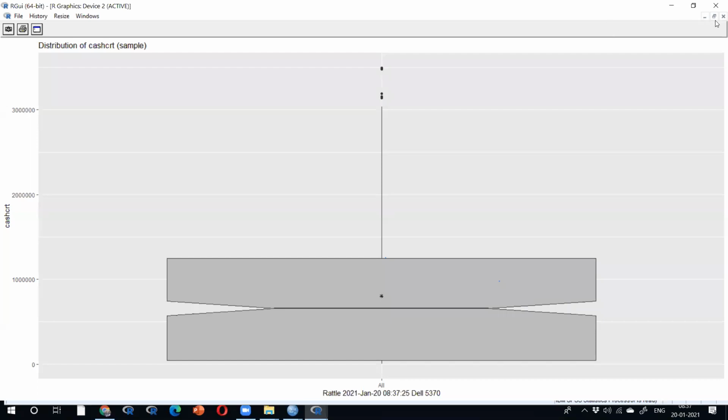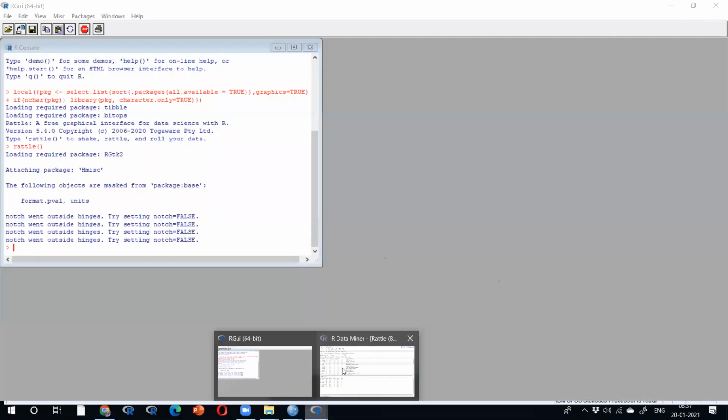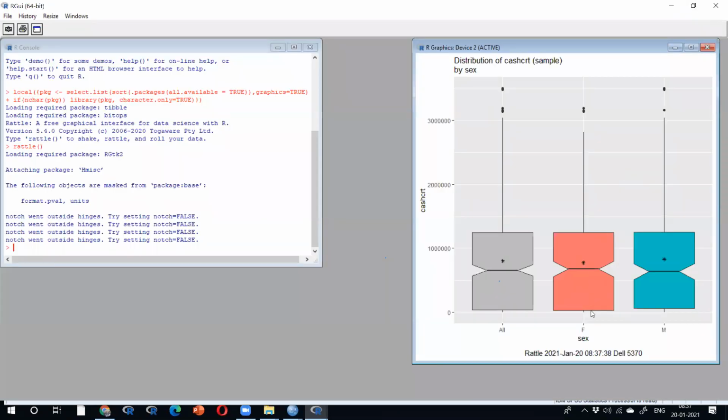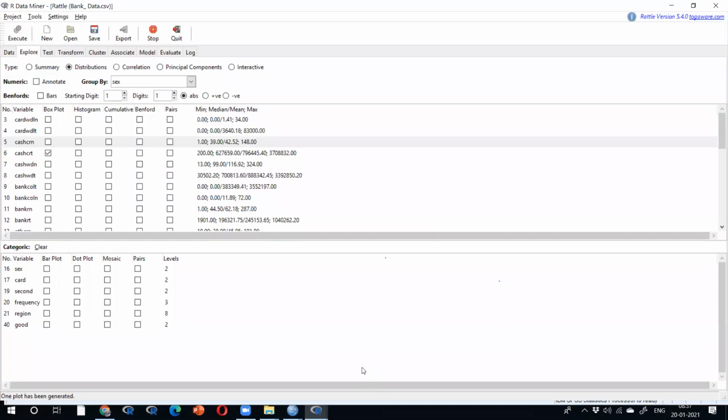Some outliers are there. Execute by gender. More outliers are in males, fewer outliers in females, but overall outliers are there. Got it? So without visuals, how can you do the validation? That's one of the key points.